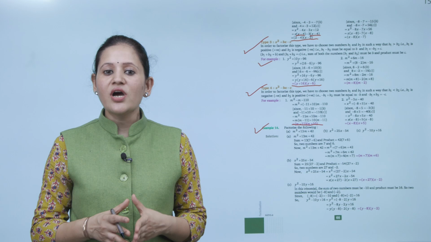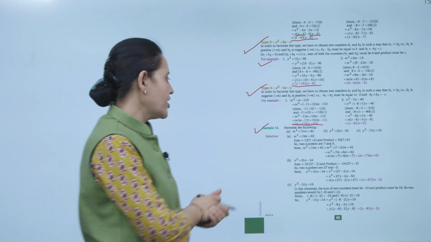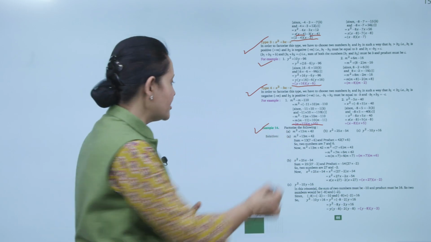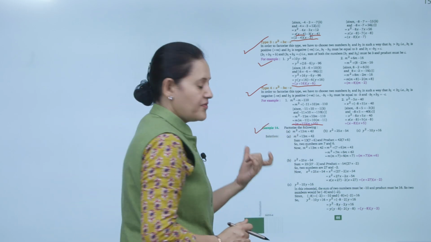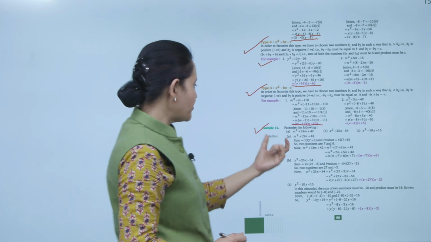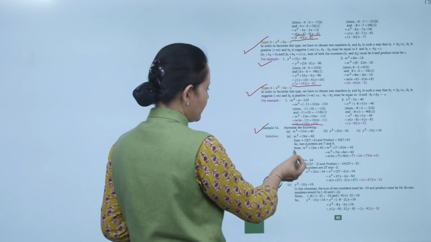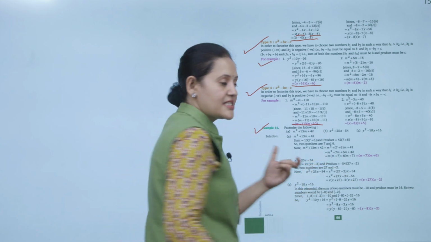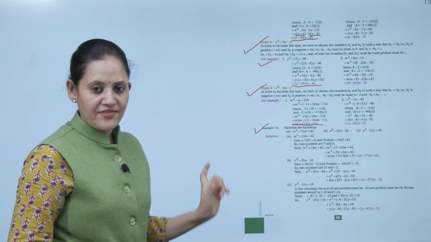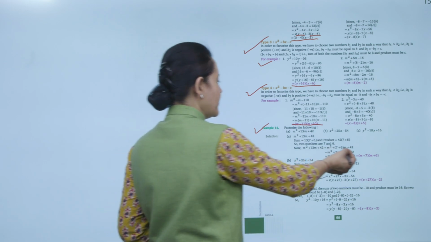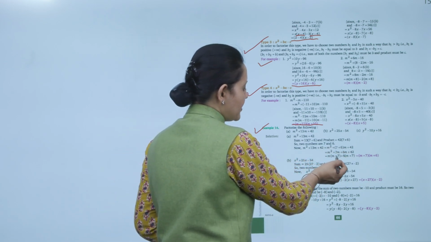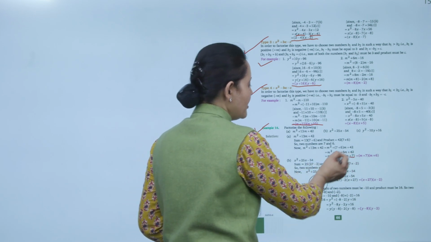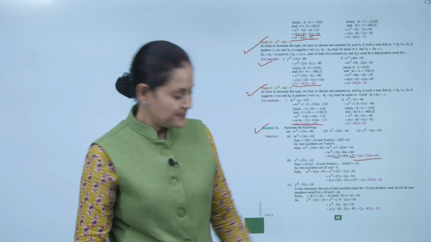Factorize the following: m square plus 13m plus 42. So here we have to split the middle term in a way that their product should be equal to 42m square, and when we add them together that should be equal to 13m. Sum उसके बराबर होना चाहिए. So middle term को किस तरीके से करेंगे? m square plus 7m plus 6m plus 42, 7 multiplied by 6 that is 42. m कॉमन लेंगे, m plus 7 plus 6, m plus 7 so two factor हो जाएंगे, m plus 7 and m plus 6. Clear?